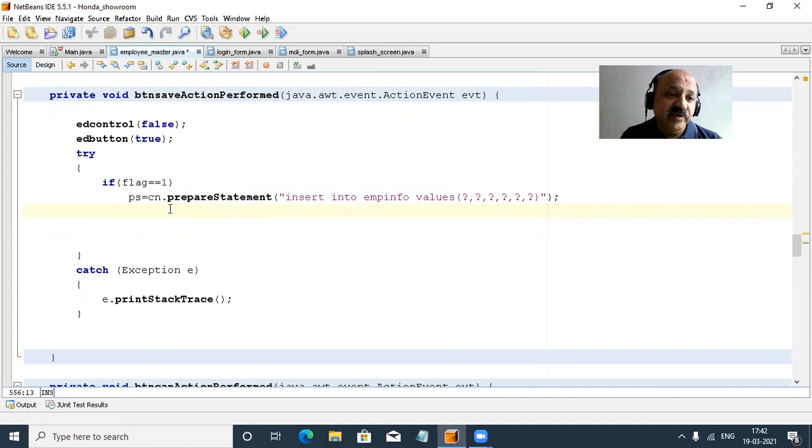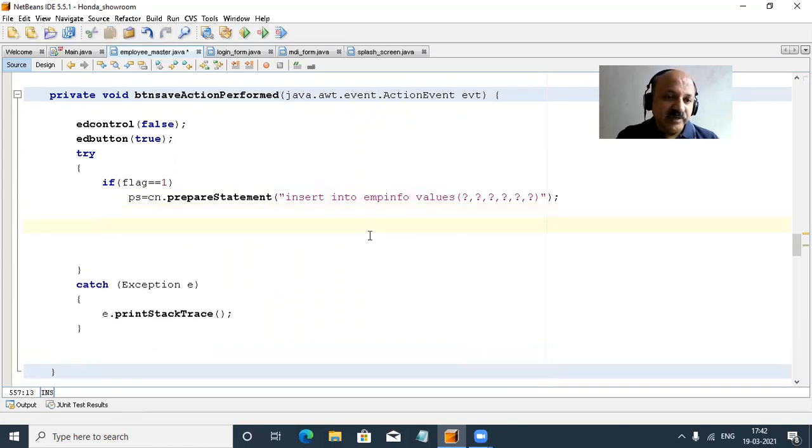In the same way we can also use one coding in the update query, so both logics are in the save button. I will take update and delete in my upcoming video lecture, and the remaining part I will add in that upcoming video lecture.